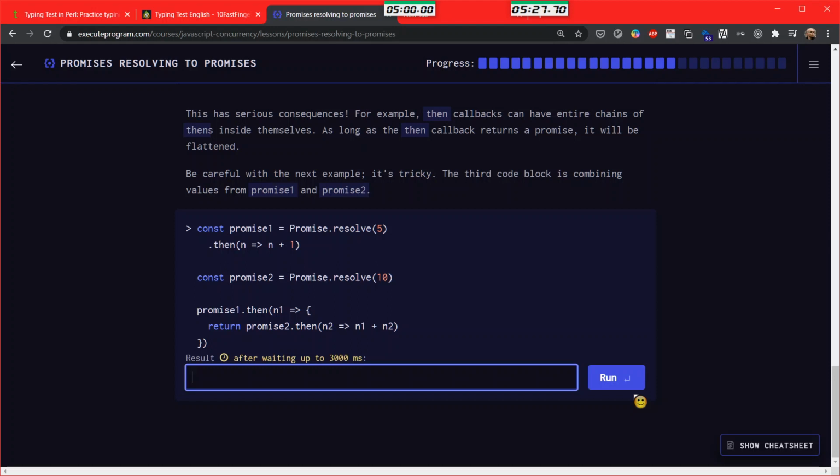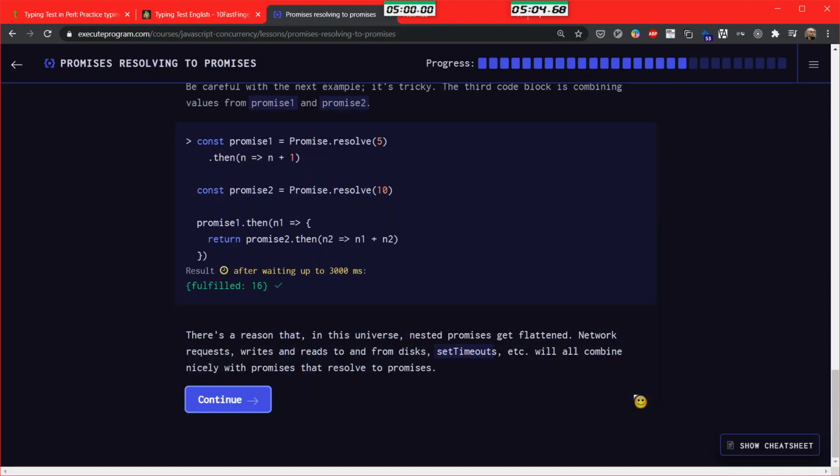Okay, so we take the n1 and then we will return promise 2 in the then. So my intuition would be it will be 16. So it will be fulfilled 16. Yeah.